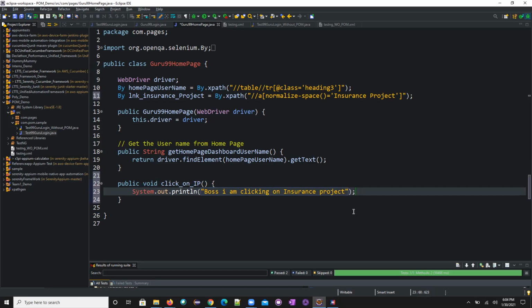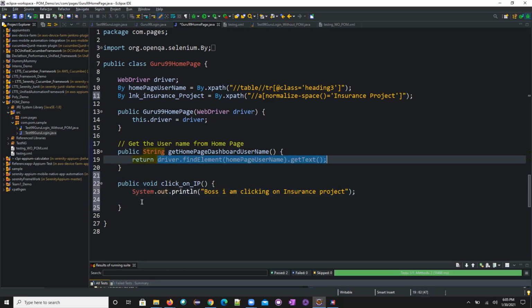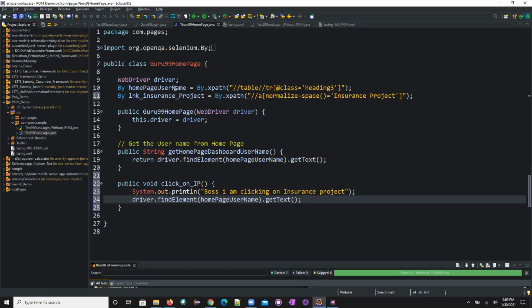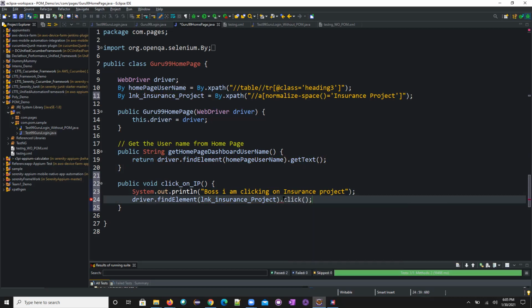Once after this, I'll copy this just for this sake, and I'm passing this link here, and I'll be saying it dot click. I'm just clicking on it. Now I'll call this method over here.